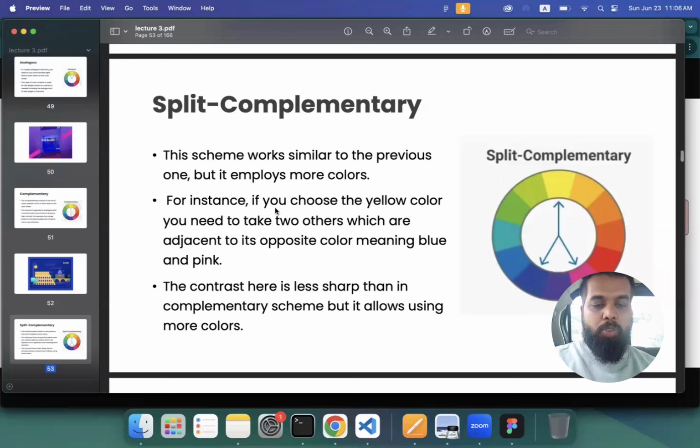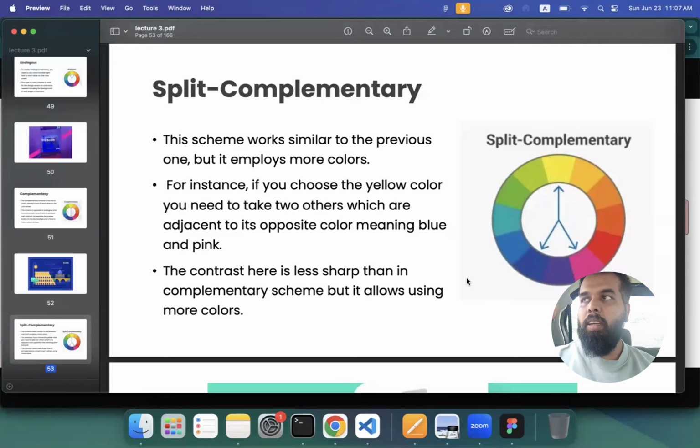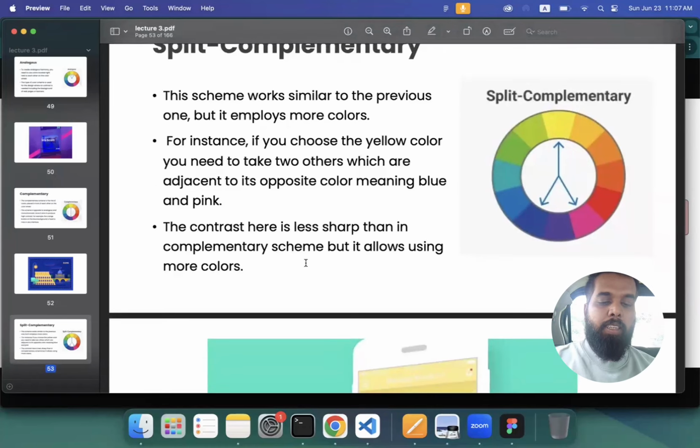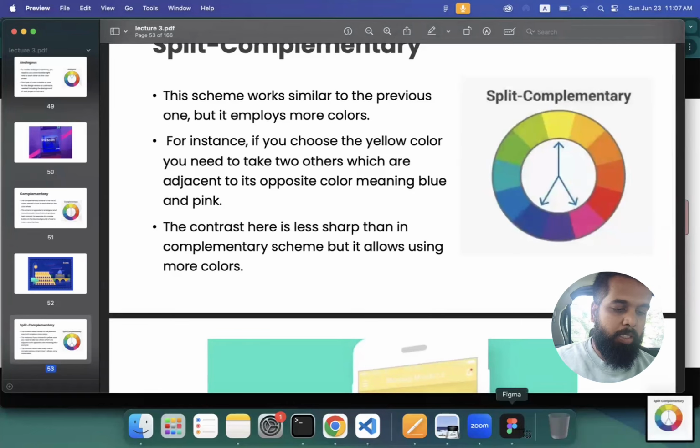For instance, if you choose the yellow color, you need to take two others which are adjacent to its opposite color, meaning the blue and pink. So the yellow color is here and the opposite color is the purple, and the colors adjacent to it are these two. So we can use these three color combinations in our design. The contrast here is less sharp than in the complementary scheme, but it allows using more colors. So if I use this split complementary in the same button I used earlier,